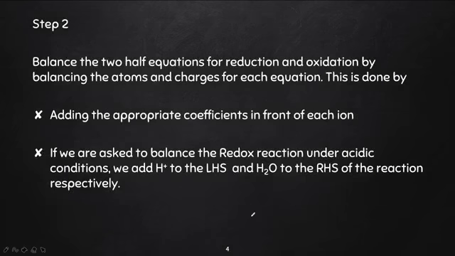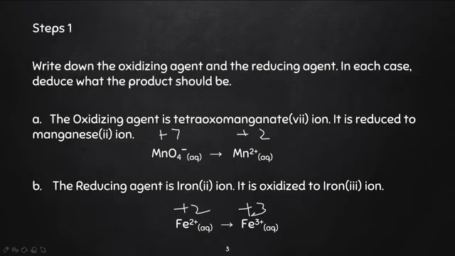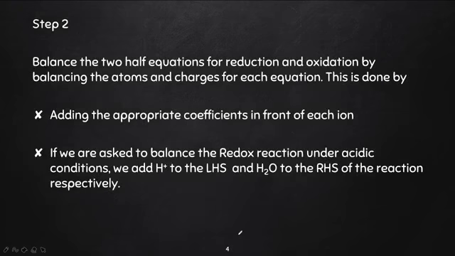So the next thing you have to do is to balance the two half equations for reduction and oxidation by balancing the atoms and the charges of each equation. This is done by adding the appropriate coefficient in front of each ion. For the example we have here, if we look at this half equation, we don't really need to balance anything, because the stoichiometric coefficient in front of the manganate ion and the manganese(II) ion is 1 and 1, and that of the iron ions is also 1 and 1. So we don't really need to balance any ion,